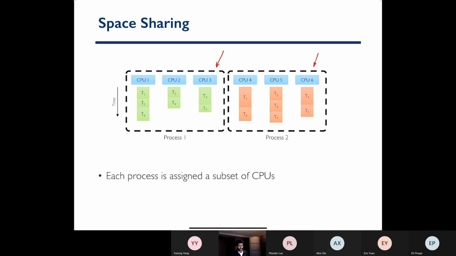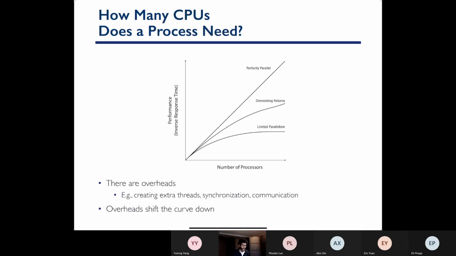Now, making a decision on how many CPUs to give each process is a hard decision. So it's not intuitive how you should make this decision. How many CPUs should you give process 1? How many CPUs should you give process 2? In general,